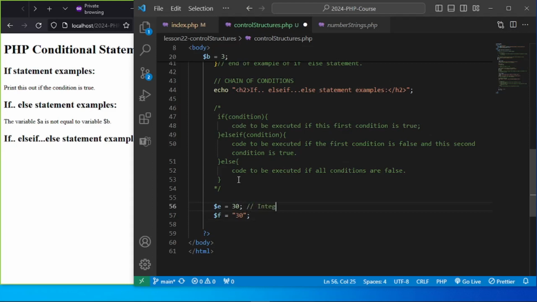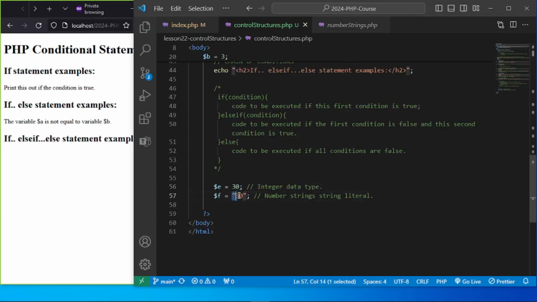We know that this is an integer data type, and we did talk about number strings, which are string literals but numeric. We know that these are two different data types, right? One contains the integer value 30, and this one is a number string, which is "30". We know that because they're enclosed in